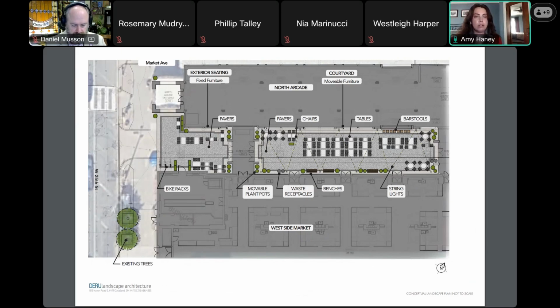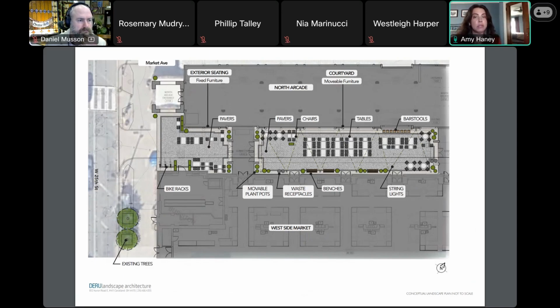We have played around with possibly putting landscaping into the courtyard. We haven't landed on a final design decision. However, there is the desire from CPMC to use this very flexibly, possibly having events in here, such as a wedding ceremony or a corporate event with a happy hour.